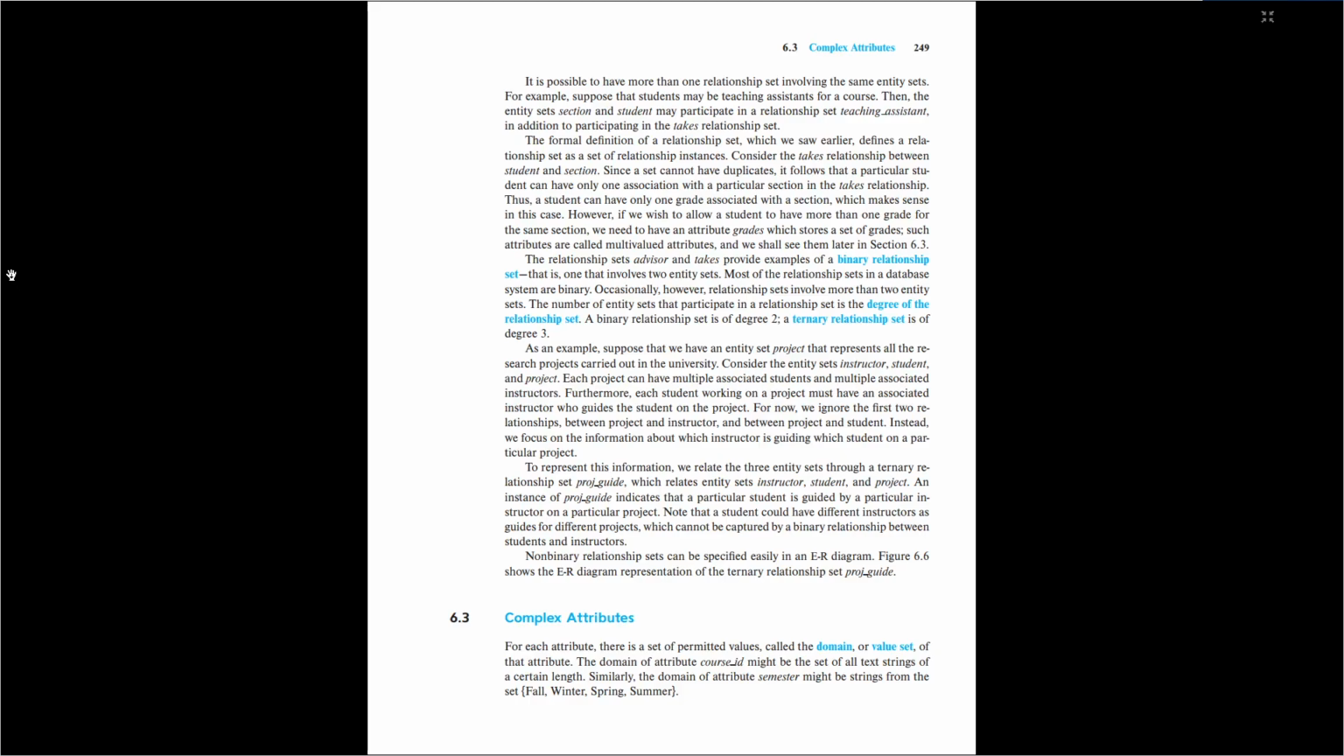The relationship set advisor provides an example of a binary relationship set, that is, one that involves two entity sets. Most of the relationship sets in a database system are binary. Occasionally, however, relationship sets involve more than two entity sets. The number of entity sets that participate in a relationship set is the degree of the relationship set. A binary relationship set is of degree 2, a ternary relationship set is of degree 3. As an example,